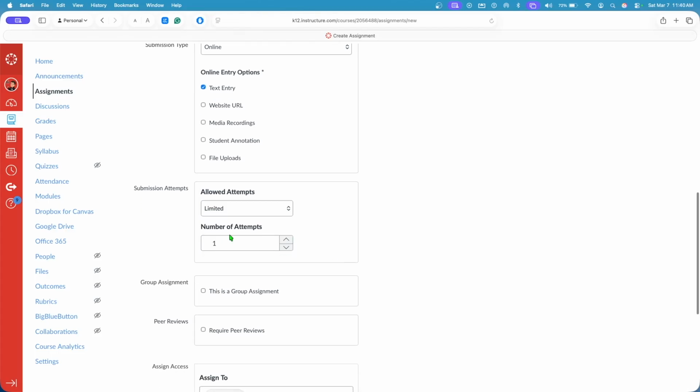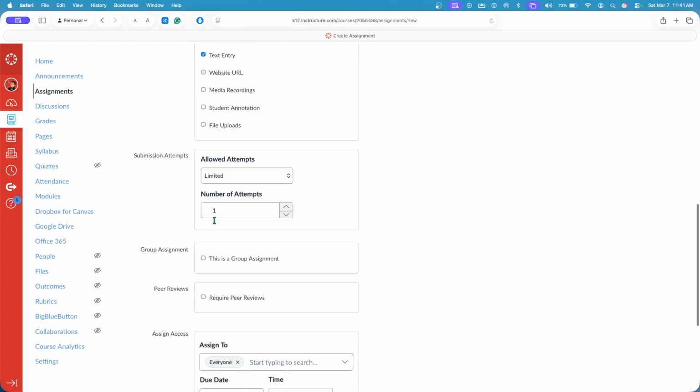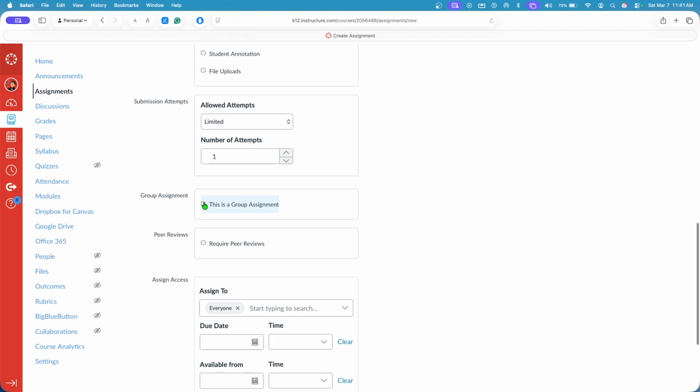I'm going to do 1. Of course, you could always keep this on unlimited as well. This is a group assignment. If you do a group assignment, you need to use groups under people right here, or allow students to join